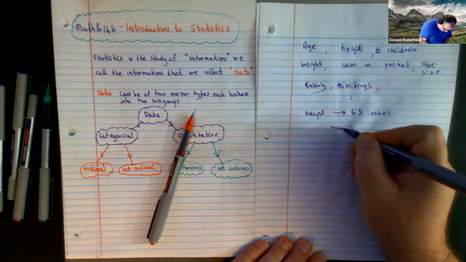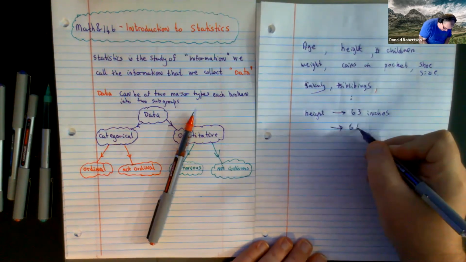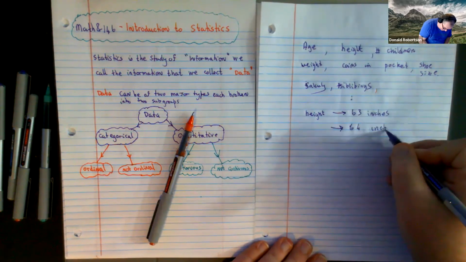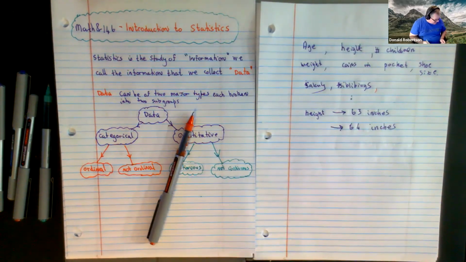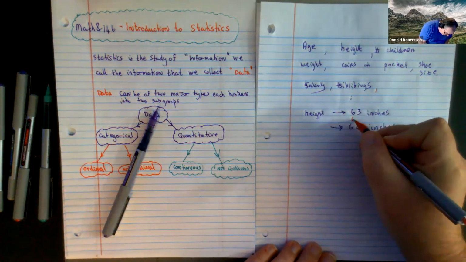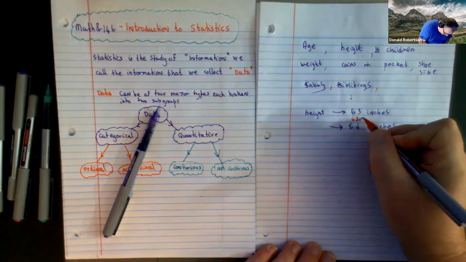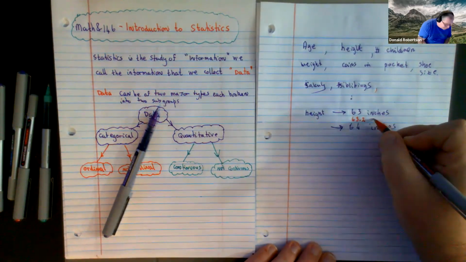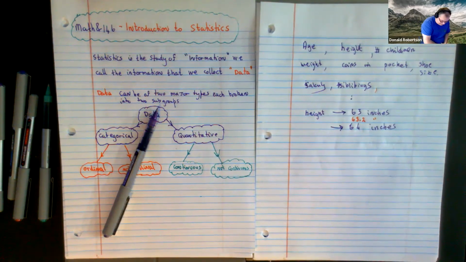And you ask someone else and they say their height is 64 inches. So far, so good. But theoretically, if you're being really pernickety, couldn't you be 63.2 inches tall? Couldn't you be 63.21 inches tall? Have you ever done chemistry labs where you measure things really, really accurately? So it's not 4 grams, it's 4.1233 grams because the weighing device is very accurate.